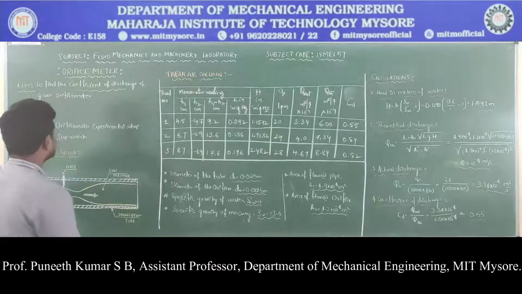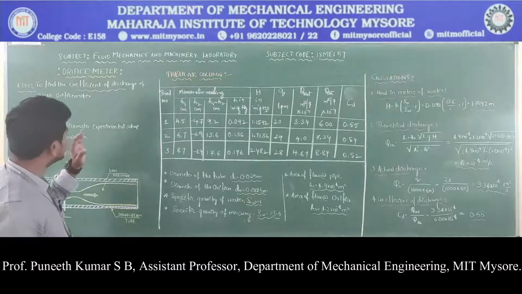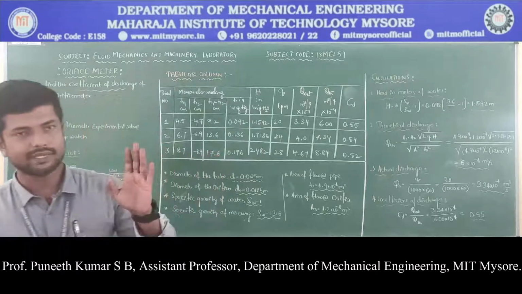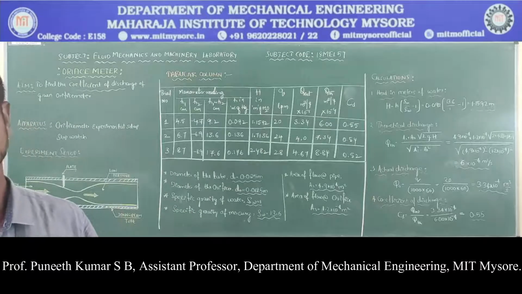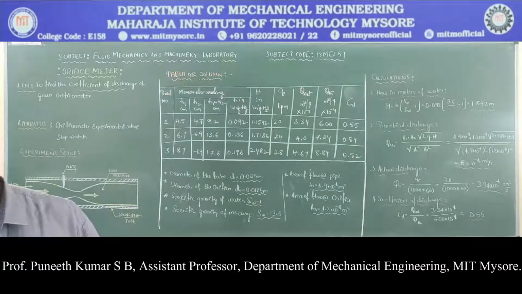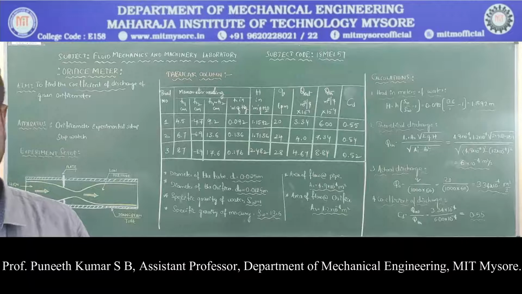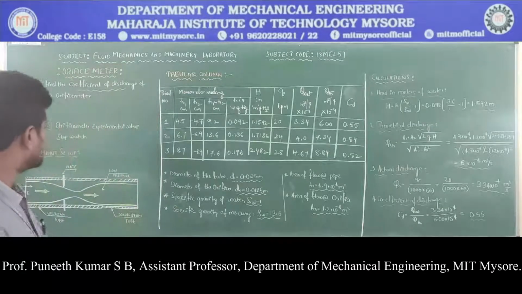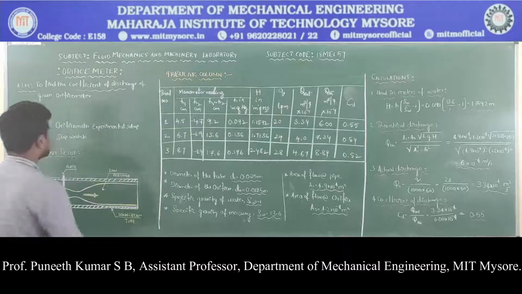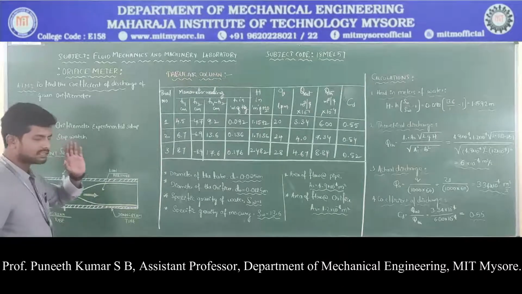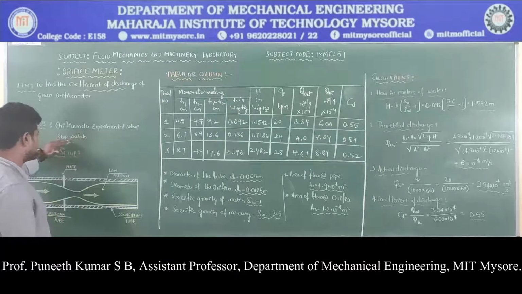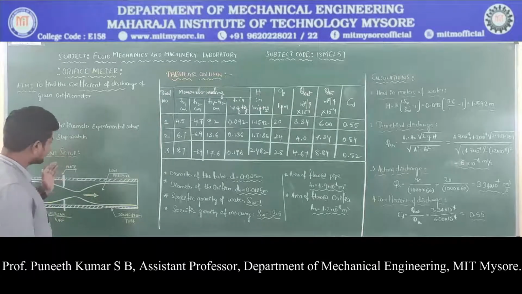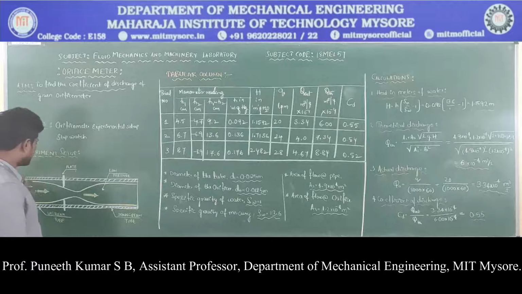An orifice is a plate with a hole. It is a very simple device, and the experimental arrangement is also very simple. Here you can see the experimental setup in the laboratory. Along with that, we just require a stopwatch. So if we need to understand the principle of working of the orifice,